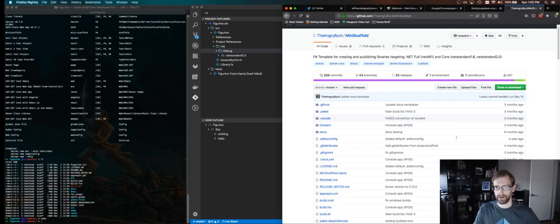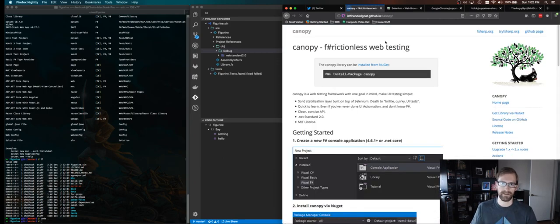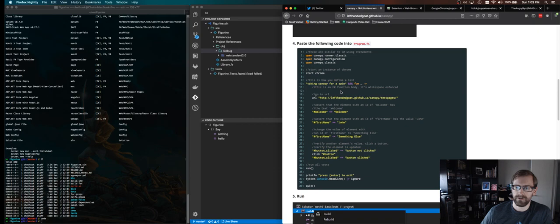As far as what our inspiration is, it's Canopy. I don't know how many of you have had the chance to use Canopy before, but this and Fake were the two libraries that were Trojan horses for me in my F# career. Doing Canopy tests to automate browser tests was one of the first nice DSL, succinct language light bulb moments for me. So we're going to aim to mimic as much of the Canopy API as possible with this completely different driver,